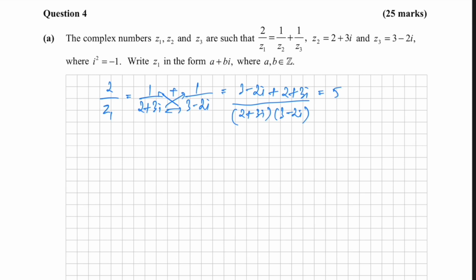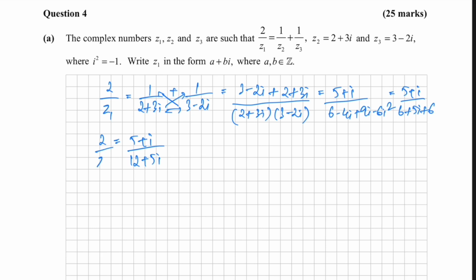minus 2i plus 3i will be plus i, divided by 2 by 3 is 6, 2 by minus 2i will be minus 4i, plus 3i by 3 will be plus 9i, and plus 3i by minus 2i will be minus 6i squared. You will have 5 plus i divided by 6 minus 4i plus 9i will be plus 5i, minus 6i square will be, i square is minus 1, so minus 1 into minus 6 will be plus 6. So we will have 5 plus i divided by 6 plus 6 will be 12 plus 5i, which is actually